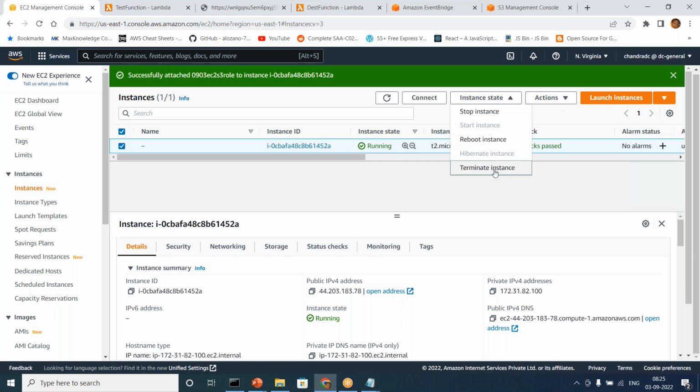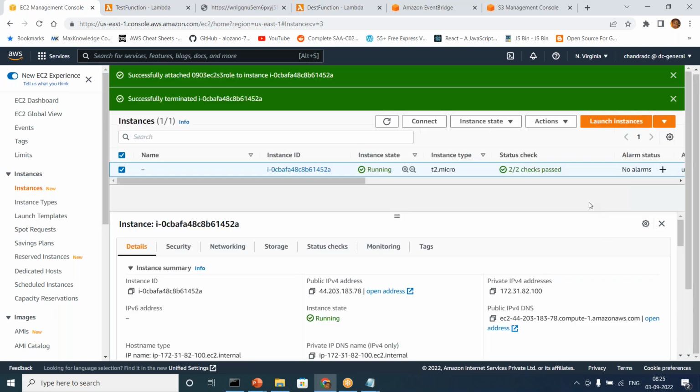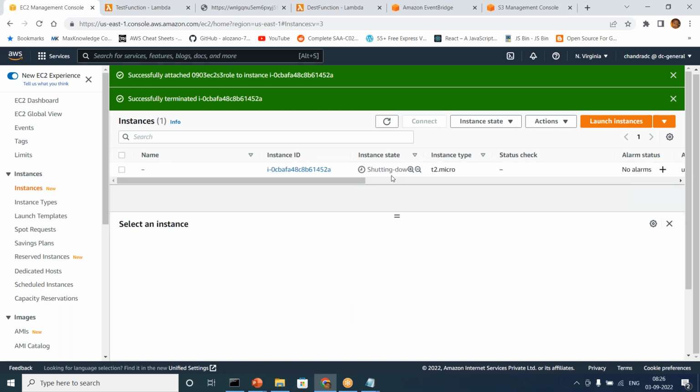Go to instance state and do a terminate. I've terminated this. Okay, it's still shutting down, it's not terminated yet. Only when the state goes to terminated, that function will get invoked. Okay, let it be here. So meanwhile, what we will do,